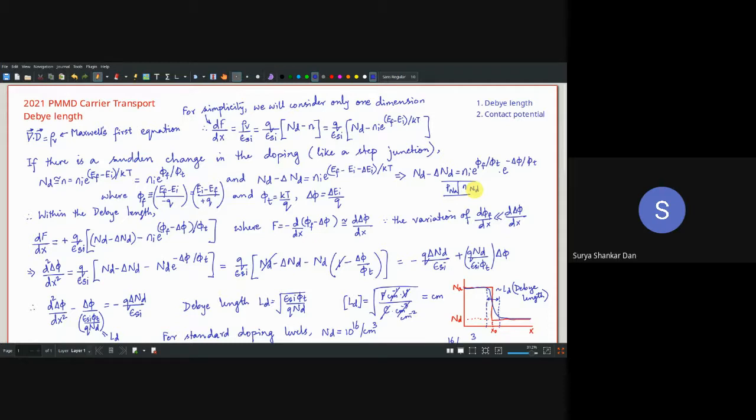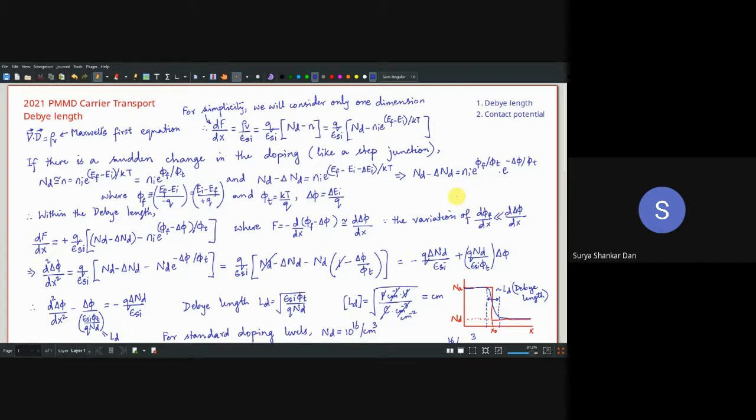Depletion width means that is the distance where all the free carriers will be depleted. We will understand depletion width when we begin with the junctions next class. However, this is Debye length. Debye length simply means the order of the distance which the material will take to even respond to the sudden change in the doping level. It's not the response of the electron or hole pairs. We will understand that again later.